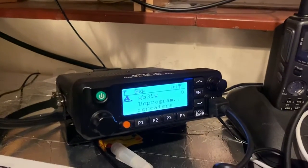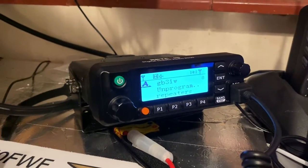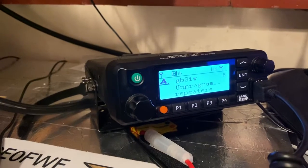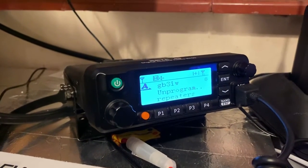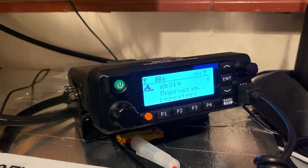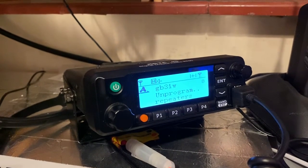The reason for that is this has more power than the 705. It is a portable transceiver as well. It's designed to go in a car, as you can probably see, but I don't want to put it in my car. Not this particular transceiver. So I'm going to be using this at home because it's got digital modes on it as well. There are surprisingly quite a few DMR